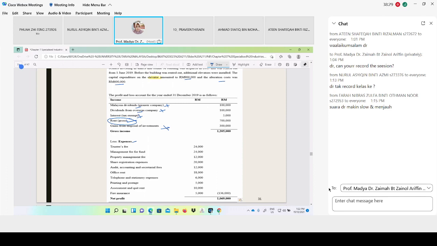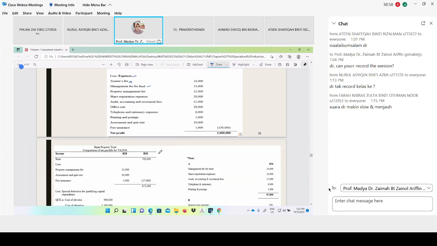So you need to determine which of the expenses here are allowable to deduct directly under section 33, fully and exclusively in generating the income. What income? Rental income. Here, trustee fee is a non-allowable expense, management fees is allowable,